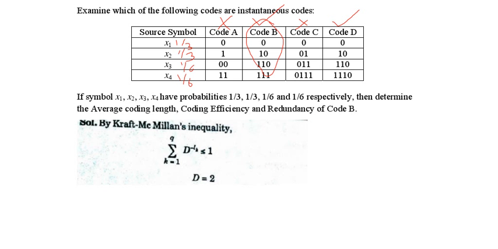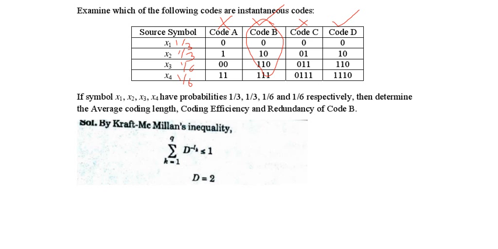Okay. So we also check the Kraft inequality. As per the Kraft inequality, summation of k from 1 to q of d power of minus lk, here d is binary, since we are using binary bits, d equal to 2. lk or nk, different books will use different variables to represent this. This is nothing but the length of the kth code word.